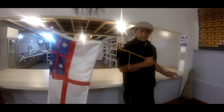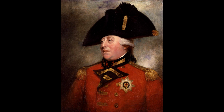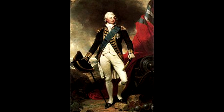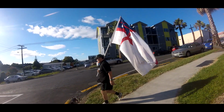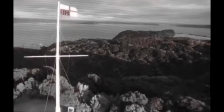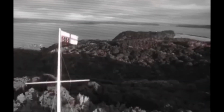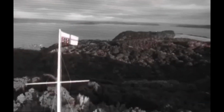My name is John Wanoa, and I'm a surrogate of King William III, King George III, King George IV, and King William IV. We go on to the schooner, the flagship coming into New Zealand from Australia, and that's when our flag was formed with the British people that landed in Kororareka afterwards, the Kororareka flag now, and set up this flag as the founding of New Zealand in 1834, and then in 1835 on the next